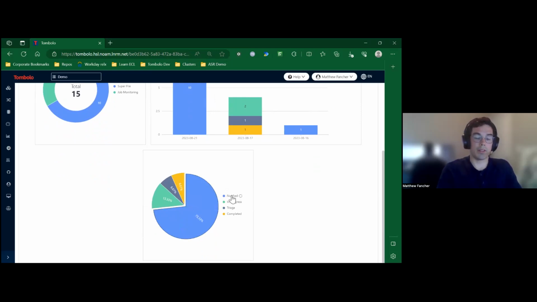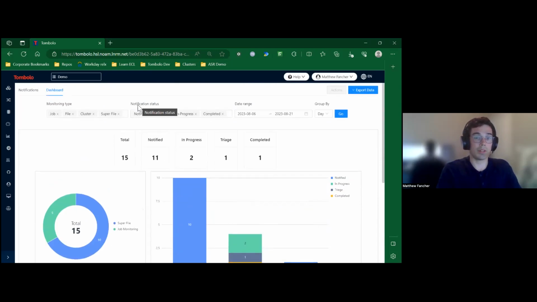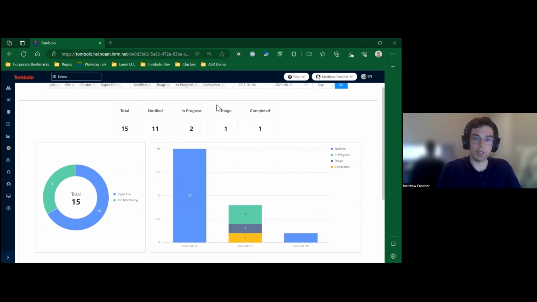sent out by the status of the notification. We offer a number of monitoring types and statuses to slice the data by, and also date ranges. For now, we're taking a look at the last 2 weeks, and we can see most days we haven't had any notifications sent out, but on 8/21, we seem to have had 10 notifications sent out, and they're all still